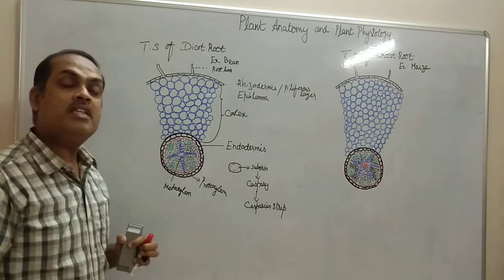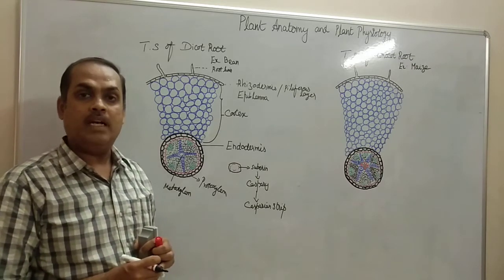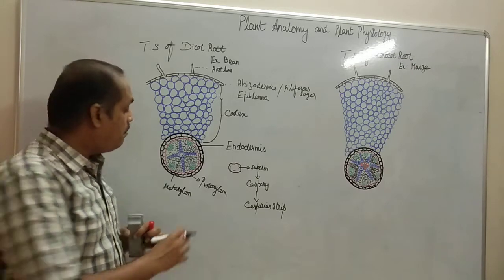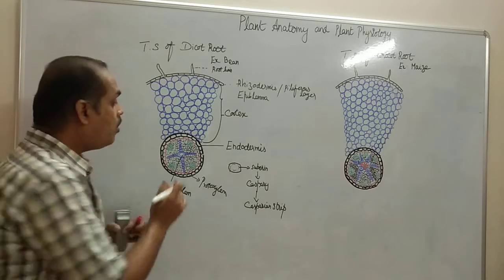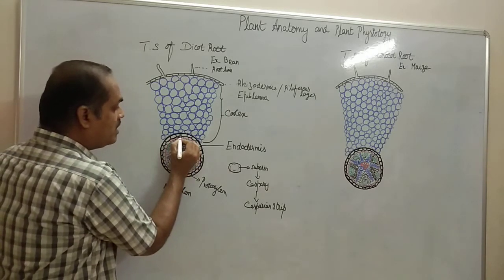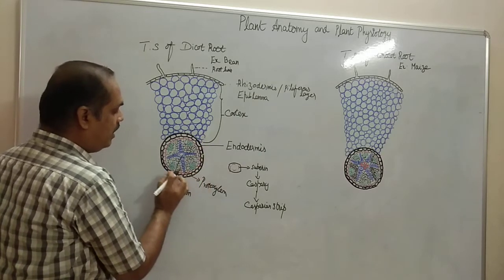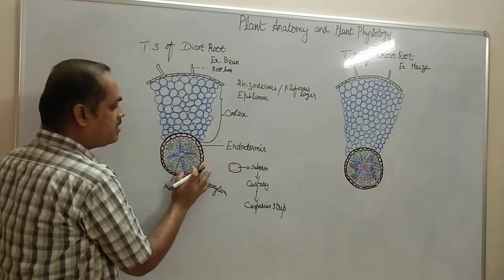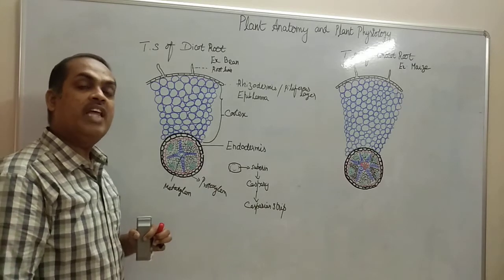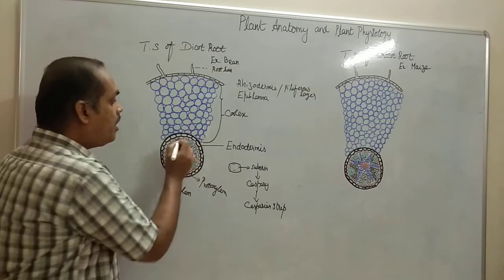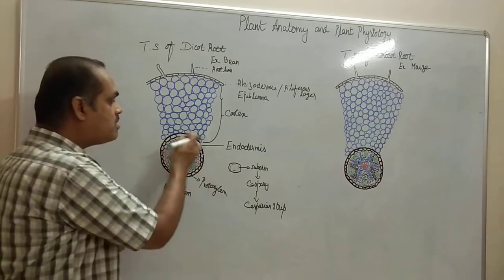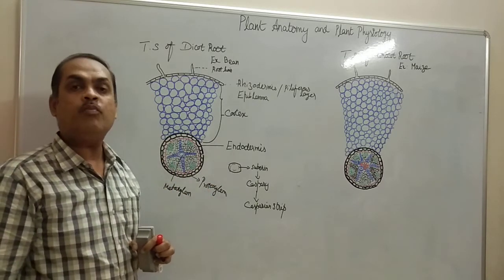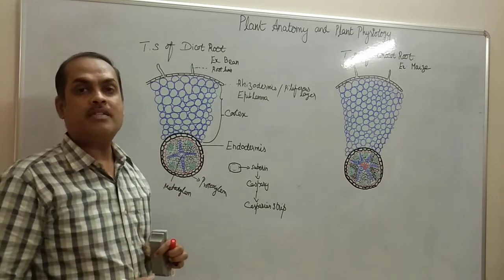Now protoxylem is the earlier or first formed xylem, which will be smaller in size. Metaxylem is later formed xylem, which will usually be bigger in size. Now the endodermal cells, these black color single layer without any intercellular spaces, is called endodermis, which is the innermost layer of the cortex. As I told you, the radial and the inner tangential wall of the endodermis is made up of Casparian strip, which will not allow water to pass into it.